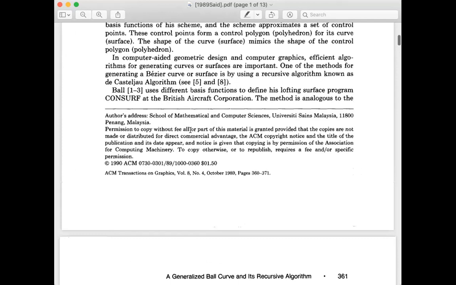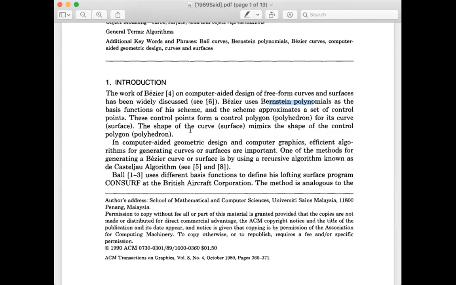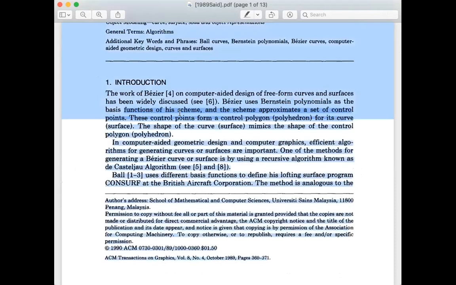Maybe it's a good idea to read this paper in order to confirm your notion about CAGD, or computer-aided geometric design. Bezier uses the Bernstein polynomial as the basis function in this scheme, right? Then I will go quickly through it. The second part of this paper will show you about the